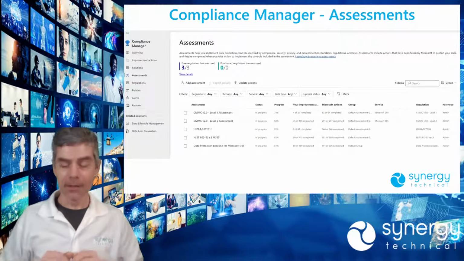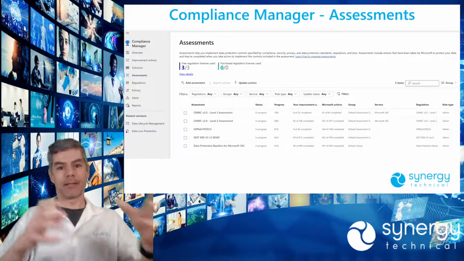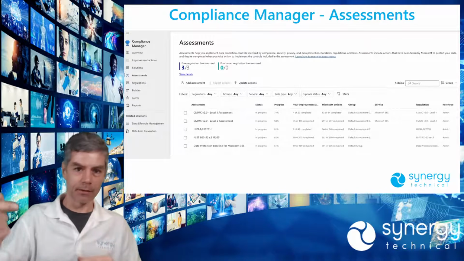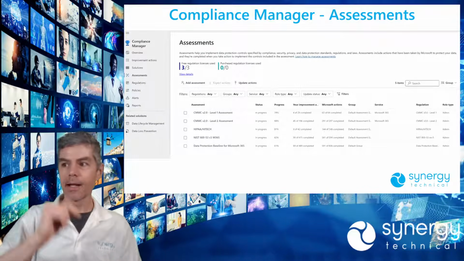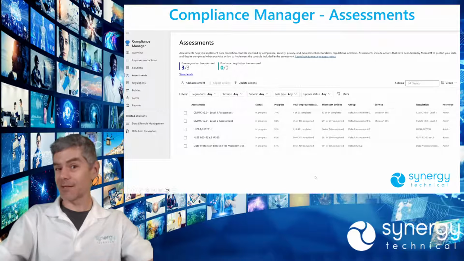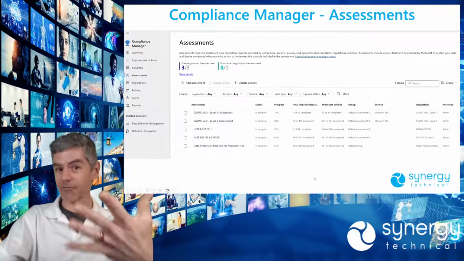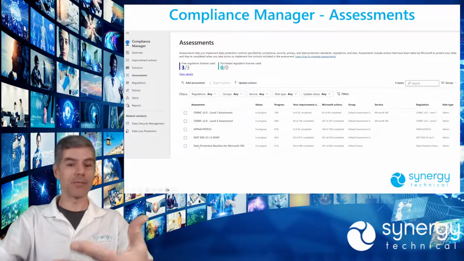So, all right, we take those things and we light them up as assessments, right? We're just going to click on a regulatory thing, say create assessment, and then we're going to have this list. Now, I mentioned that I'm consuming 3 licenses, and now I have 5 assessments because, again, that data protection baseline